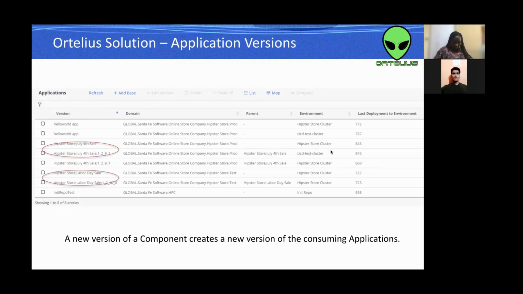Yeah, okay. So the application versions, Ortelius shows the versions of the application. So once a new version of the application is created, it automatically shows here. You see the different versions as it progresses. We could have several applications. There are several versions for each application. Like here we have Hipster Store July 4th sale. That is the base version. And then we have Hipster Store July 4th sale. We have another version. We have version